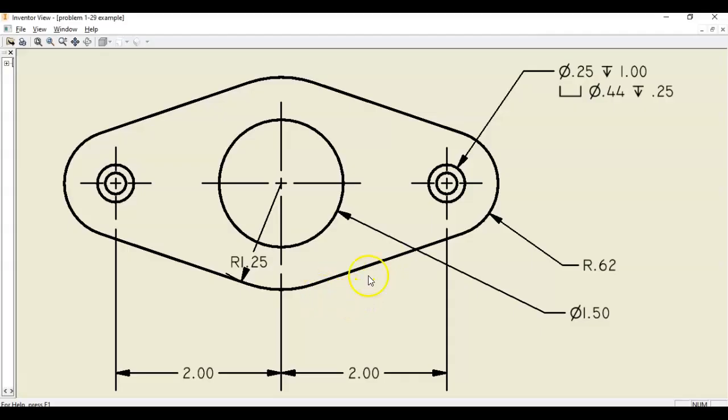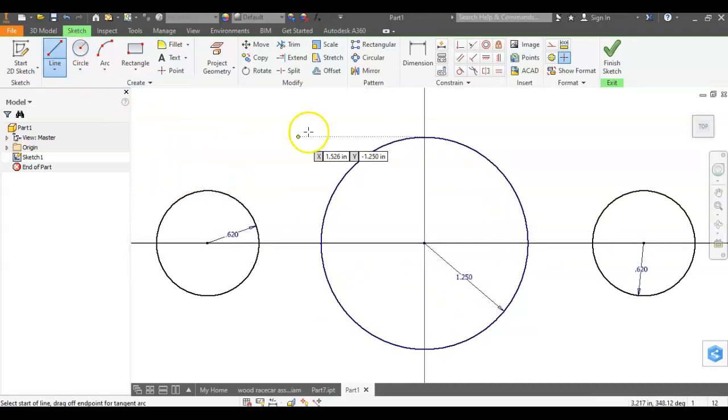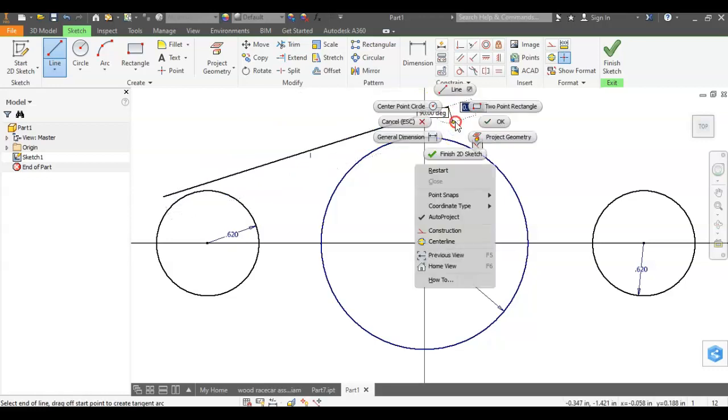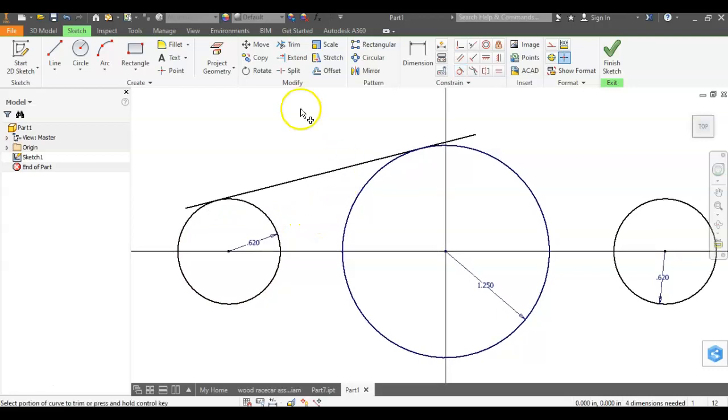Our next thing that we need to do is draw these lines and then trim what we don't need. So click on your line tool, and you're not going to connect with the circles when you first start drawing a line. You're just going to make sure that it's not snapping to anything. So like right here it's snapping to that. We don't want that. We want it just kind of in the open space. Click and OK. Then we're going to do the tangent constraint. So click on the line, click on the big circle, click on the line, click on the little circle. Tap X or click trim and trim up